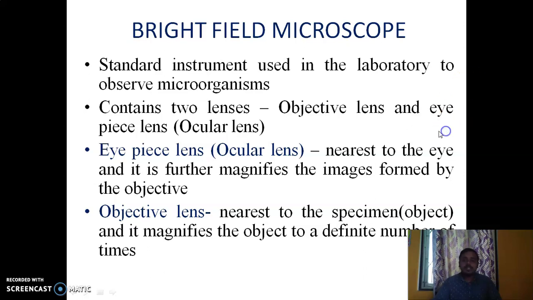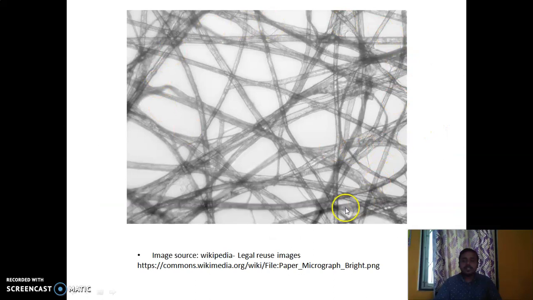You can see here in the image, this is an image taken using a bright field microscope. The name of this bright field microscope describes what it does. In the bright field microscope, the background or the field will be bright and the objects will look dark. This is how you can differentiate between the bright field and the next one,